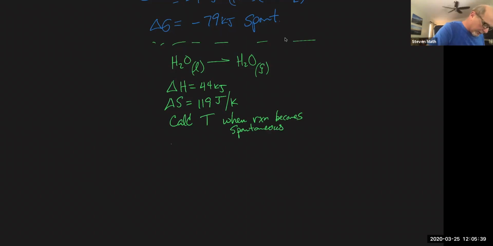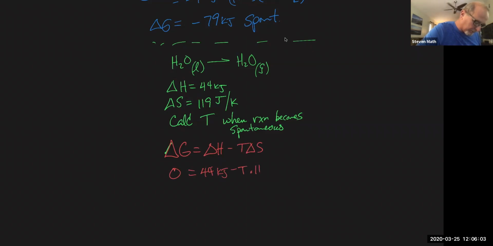Okay, so delta G equals delta H minus T delta S, no problem. We're going to set G equal to 0 and then say 44 kilojoules minus T times 0.119 kilojoules per Kelvin, get my units working out,